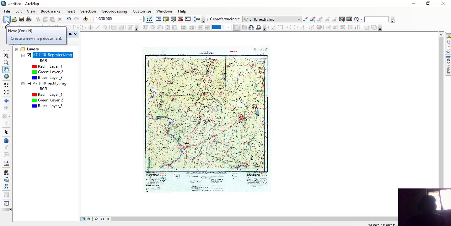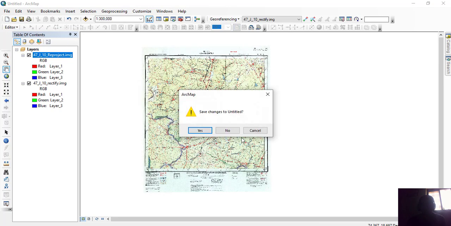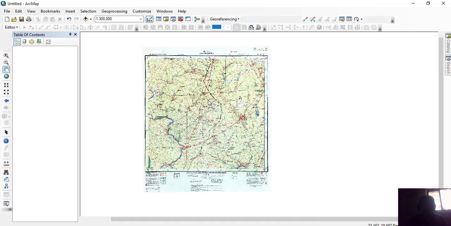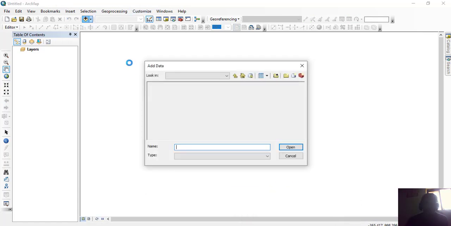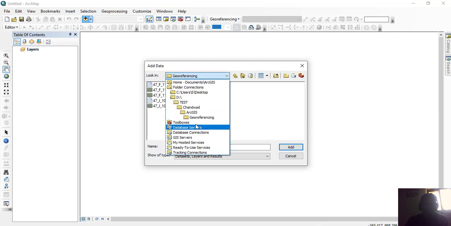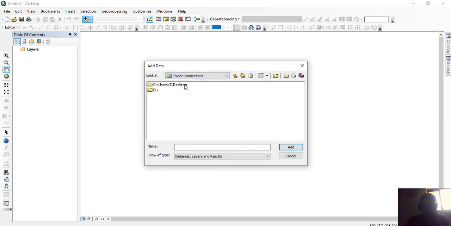Let us take a new blank map. Now let us add our new map. We have saved this map in the project folder. Just select and add.